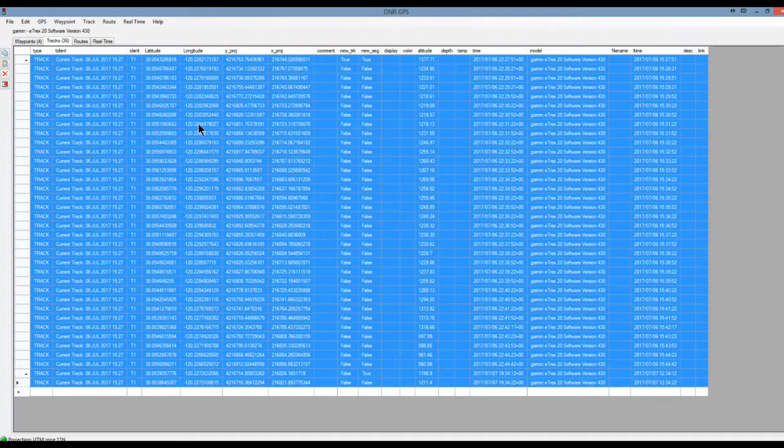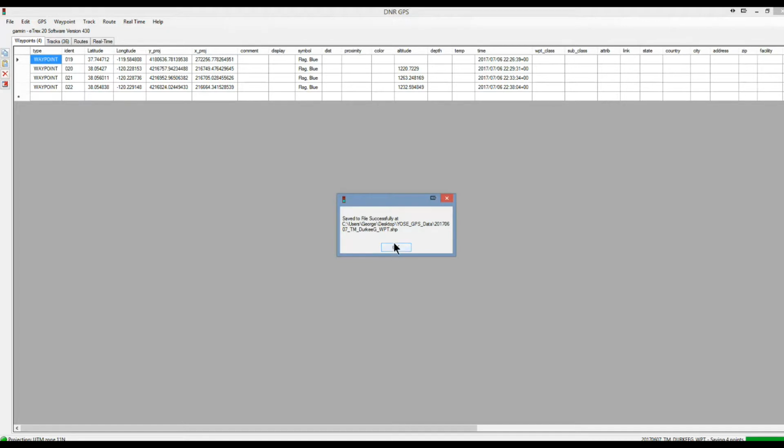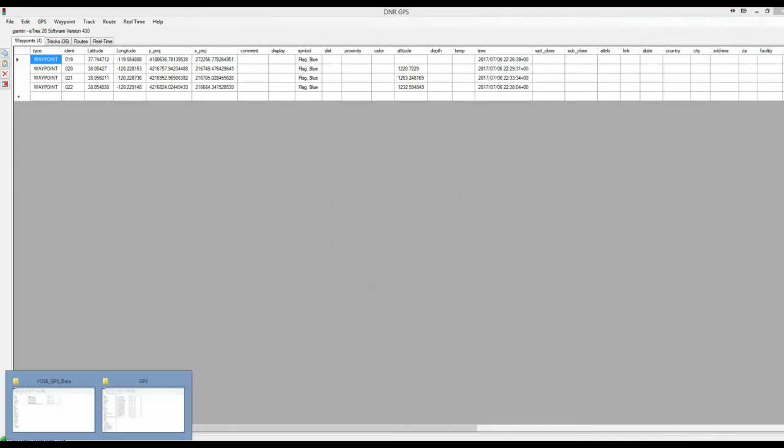It's created it. Now let's do the same for the waypoints, and we'll save it to a shapefile again. And we'll give it the same name, and so I just highlighted the other name I created to automatically fill in the name. And we'll give it WPT for waypoint and save. There we go. And so let's go to the